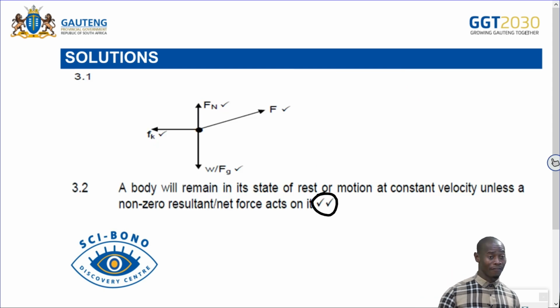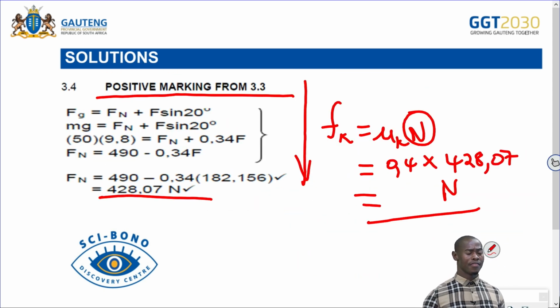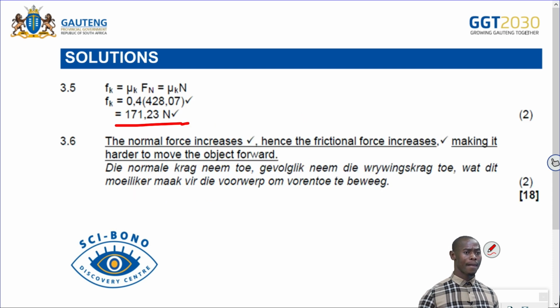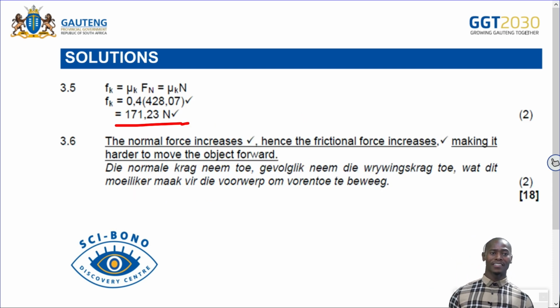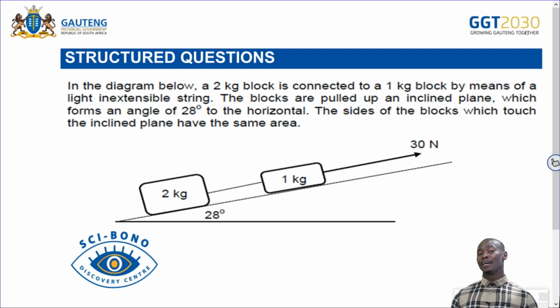So that is our first structured question. The normal force increases here, hence frictional force increases, making it harder to move the object forward. So that is your 3.6. Now you can see the difference between structured question number 1 and this structured question. You can see now we are dealing with